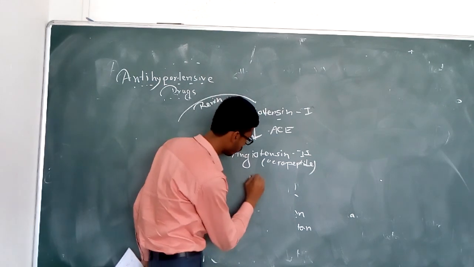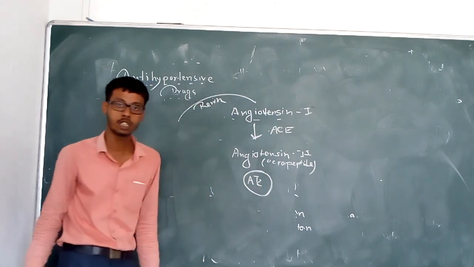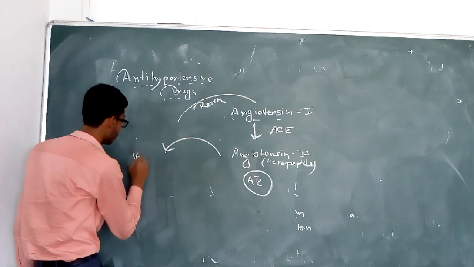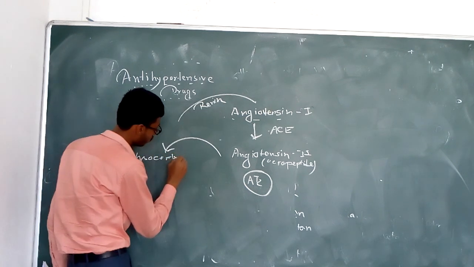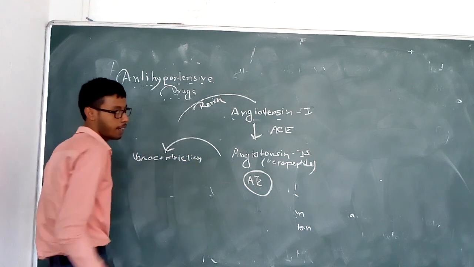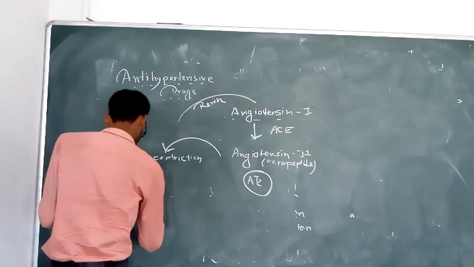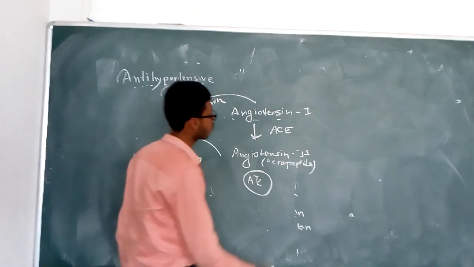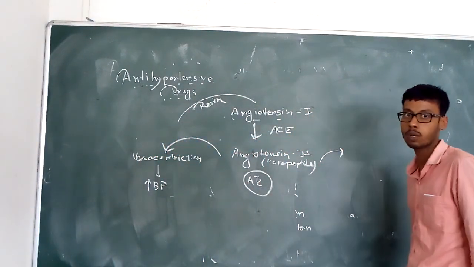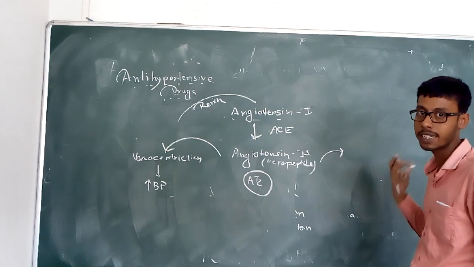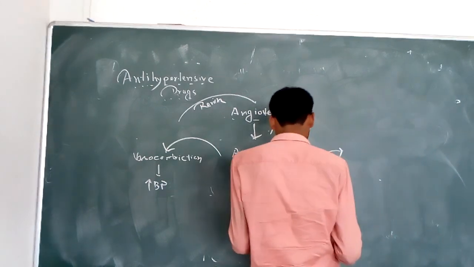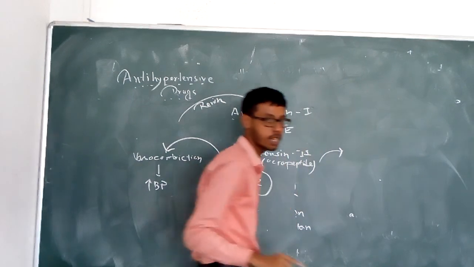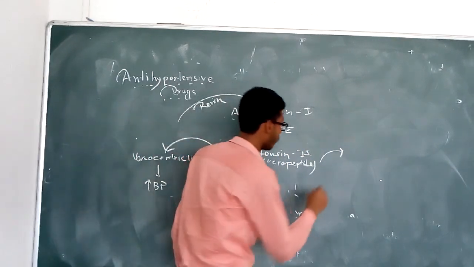And what is angiotensin 2 doing? Through the AT2 receptor, the angiotensin receptor, it produces its action, which is vasoconstriction. Vasoconstriction means constriction of the blood vessel, resulting in a rise in blood pressure. Angiotensin 2 also stimulates aldosterone, and through aldosterone it reuptakes sodium and water, resulting in retention of the sodium ion